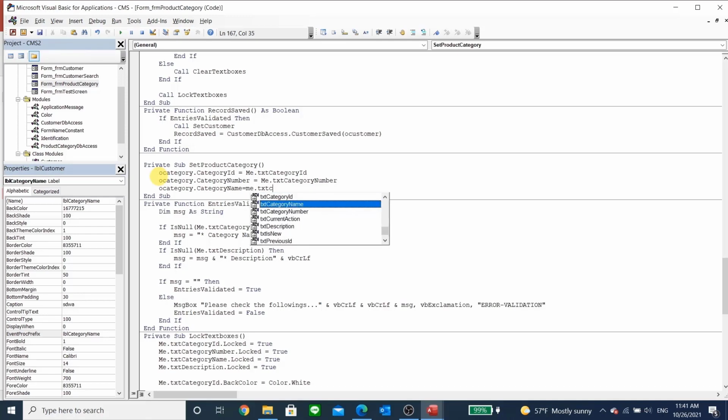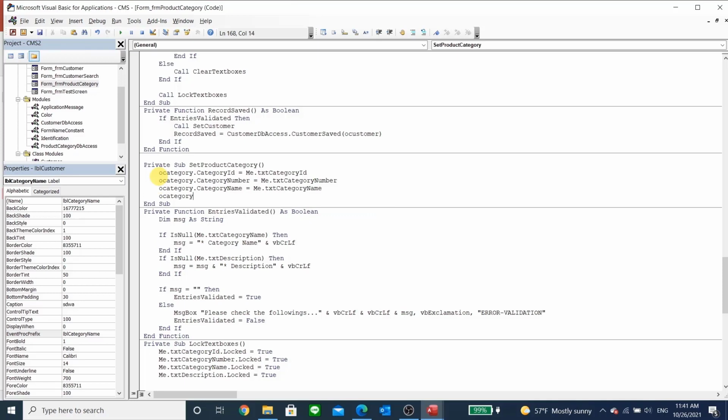This will be the description. So that's it. All right. And now rocket save equals, so here